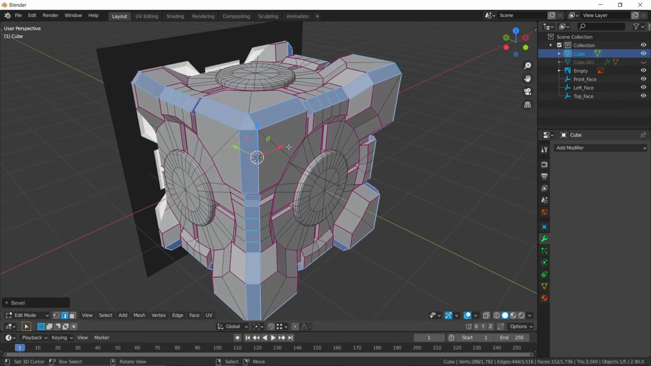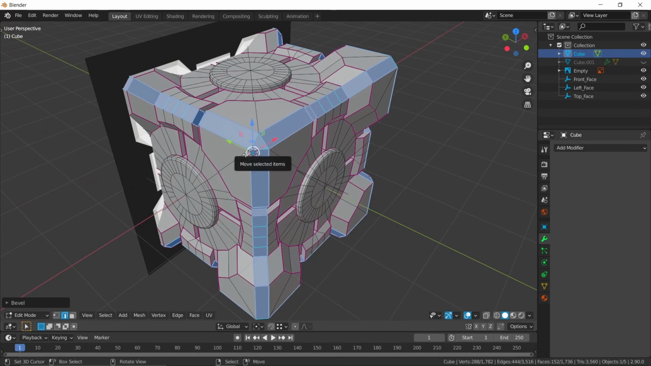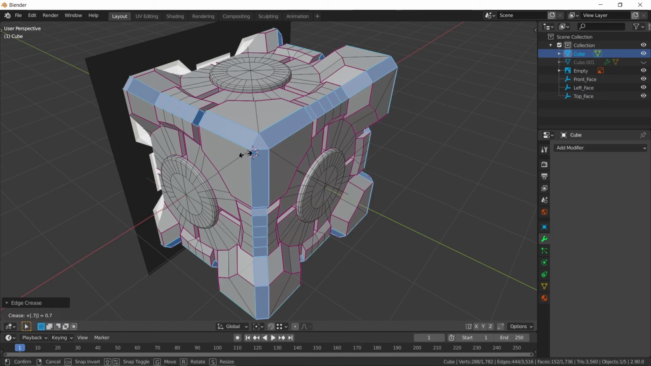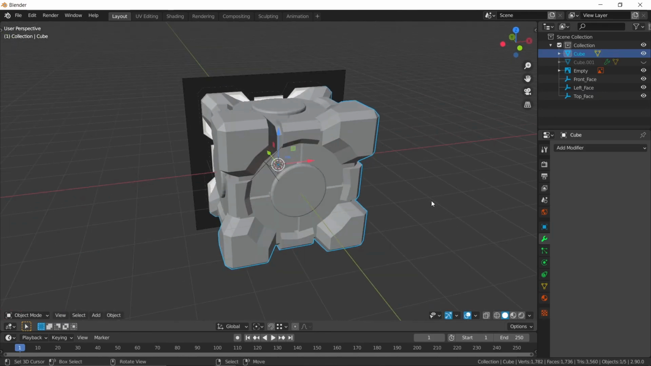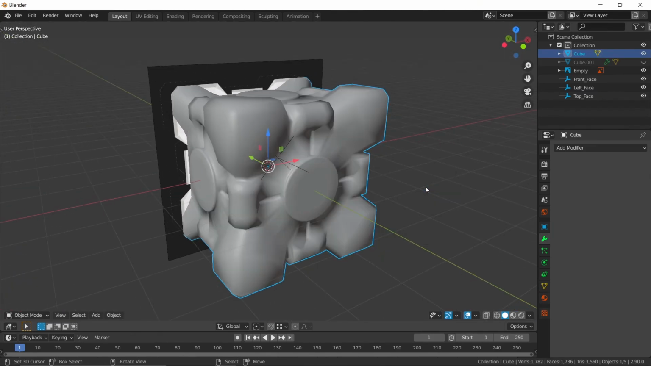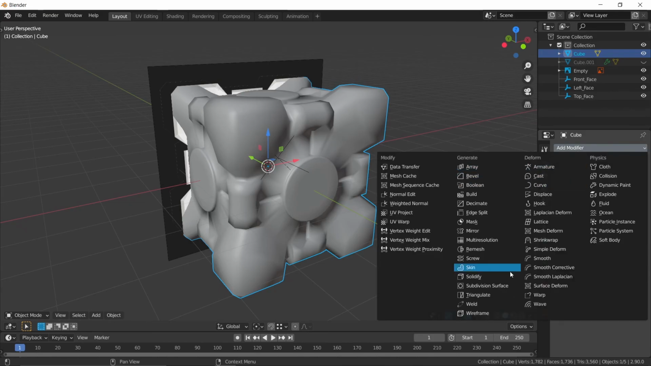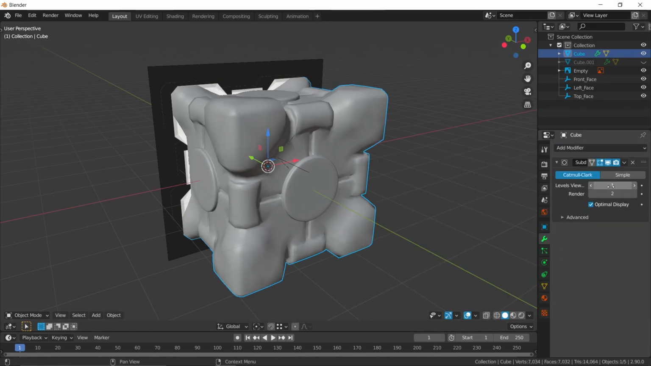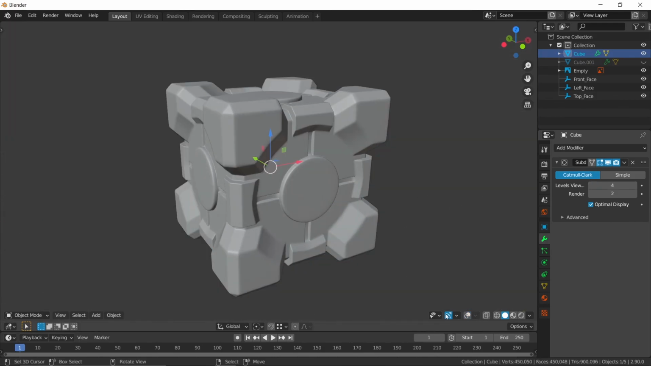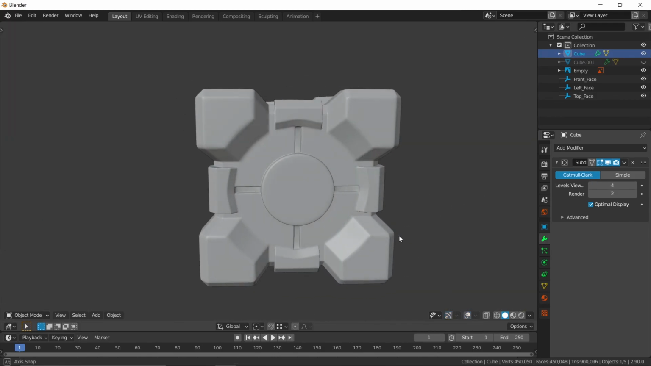Now that hasn't properly taken the creasing across all of these, so we'll just do Shift E -1 just to clear it all, and then Shift E 0.7, and that should bring it all back. Cool. Let's go and apply smooth shading. We've got a subdivision surface modifier, and let's crank that bad boy up to 4. And there we go. We have a very nice and crisp